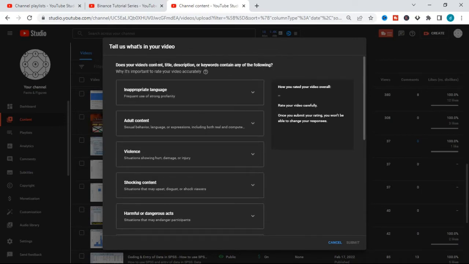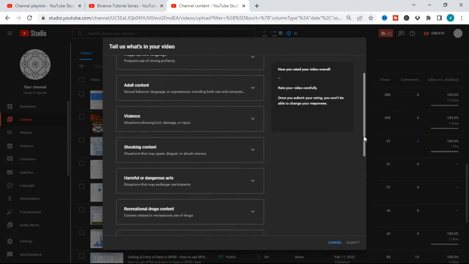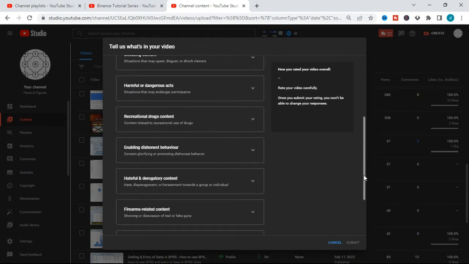So let's read what the criteria says. Tell us what's in your video. Does your video's content, title, description, or keywords contain any of the following? Inappropriate language. So does your video contain inappropriate language? Does it contain adult content? Does it contain anything that relates to violence? Does it contain shocking content? Does it contain harmful or dangerous acts? Does it contain recreational drug content? Does it have enabling